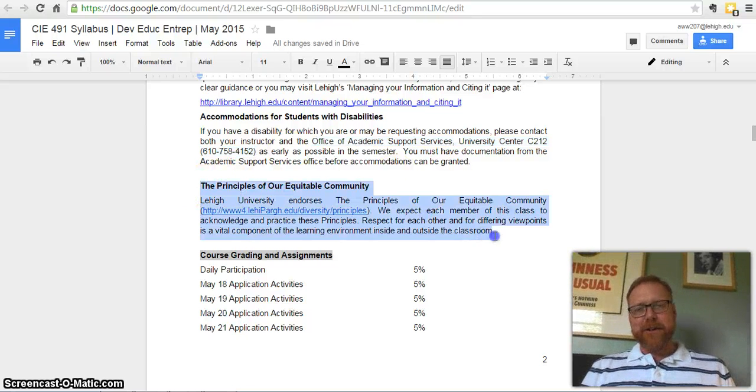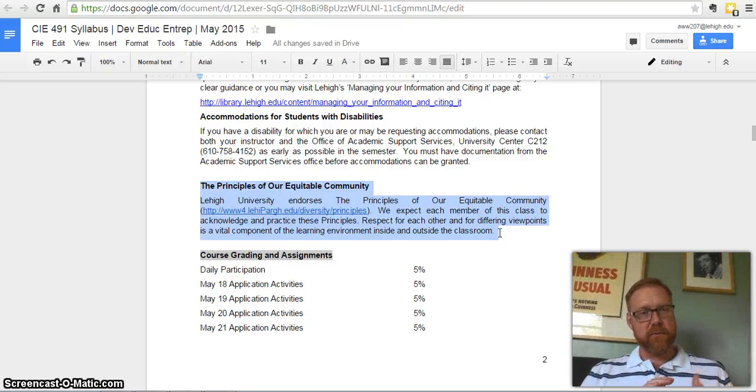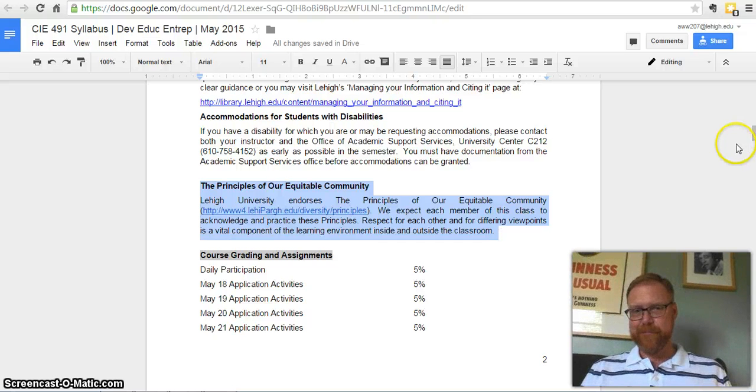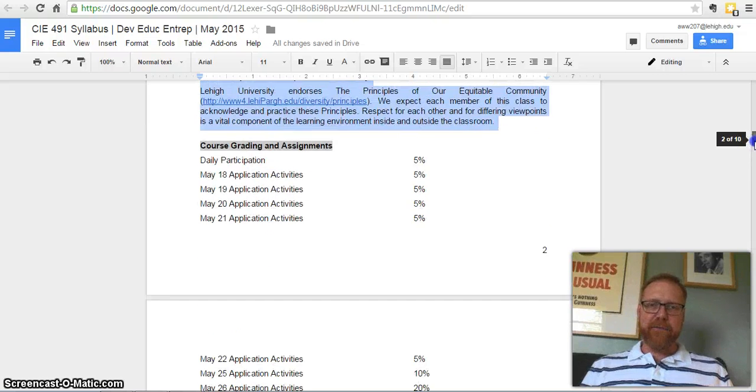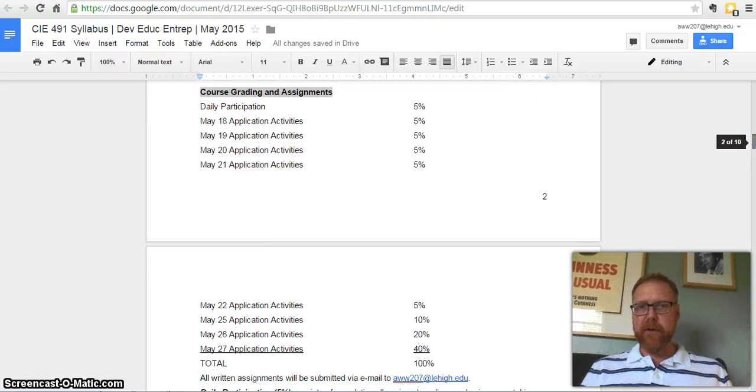Next, and then I'll stop preaching and start talking more about the class. I want to just remind everyone that we respect every person's viewpoints, background, heritage, language, ideas, whatever it is. Everybody's respected. That is something that I very much promote. That is something that I hope you very much promote. It is absolutely something that Lehigh University promotes. And so that will be a guiding set of principles for us as we move through the course and we communicate with one another all the time. That's important. Okay. Now I can shift away from dad mode and go back to professor mode here.